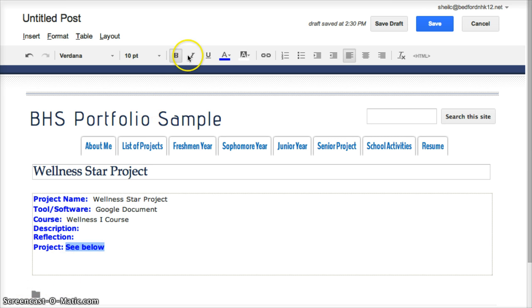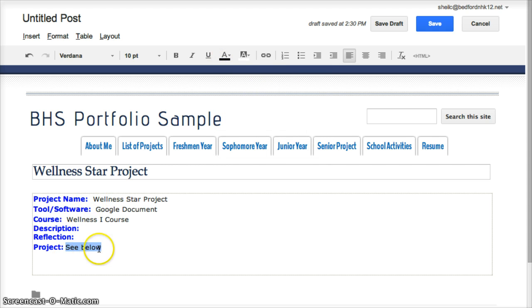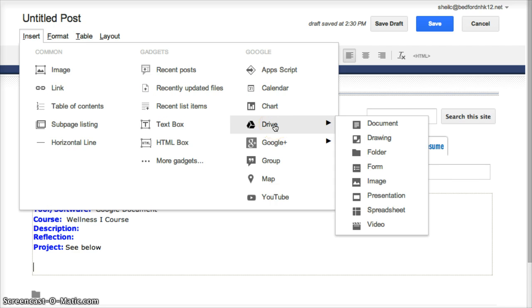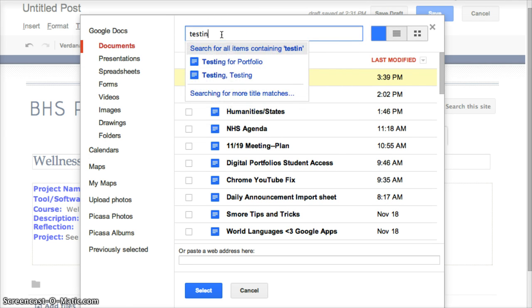Now for the project, I could say, see below. And let's undo this. And you could decide what colors you want, how you want it to look. But then I'm going to now embed the Google document. So to do that, since it's a Google document or a Google presentation or a spreadsheet, I'm going to come in here into the Drive, and I'm going to say document. And I think this is called testing for portfolio. So it will search for all of the documents that you have. But if there's something that you can't find, if you just start typing it up here, it will also search in your actual